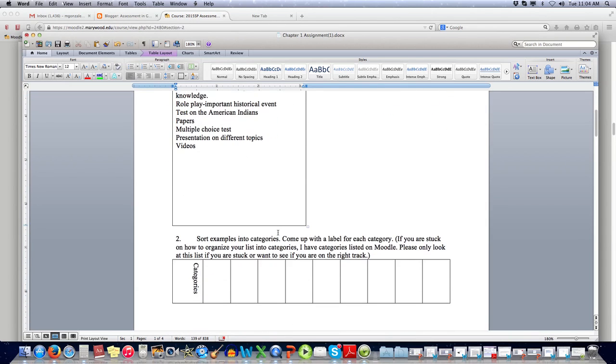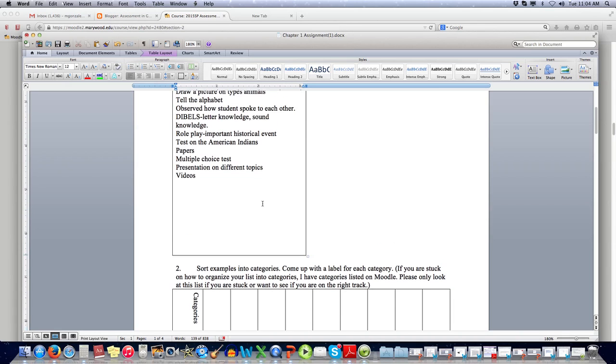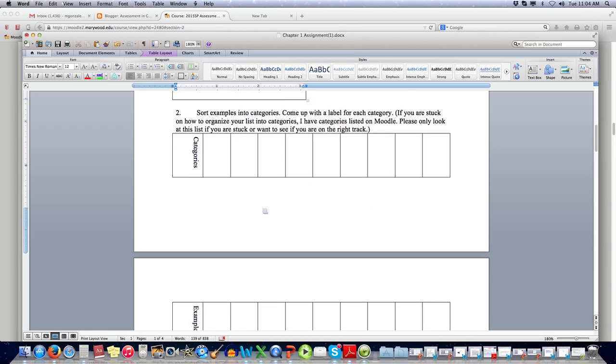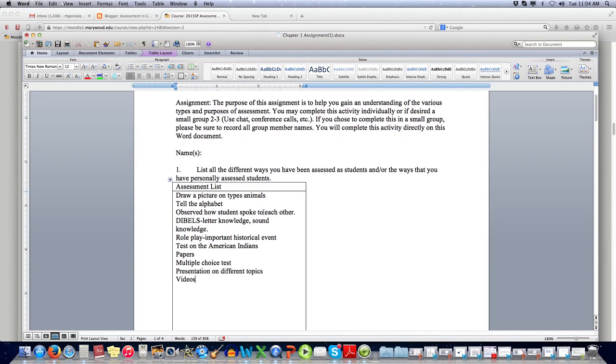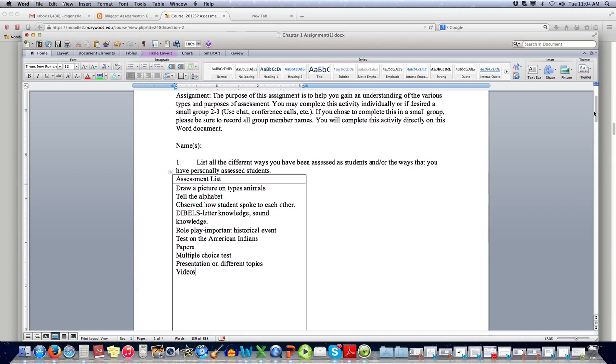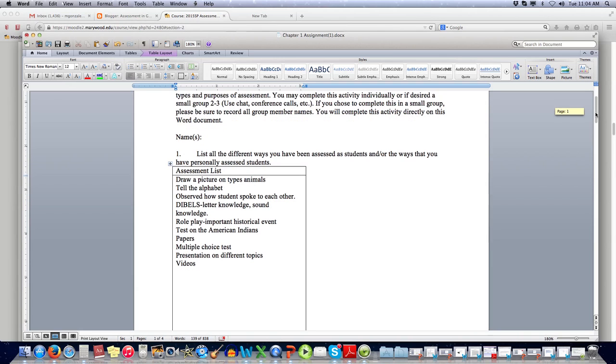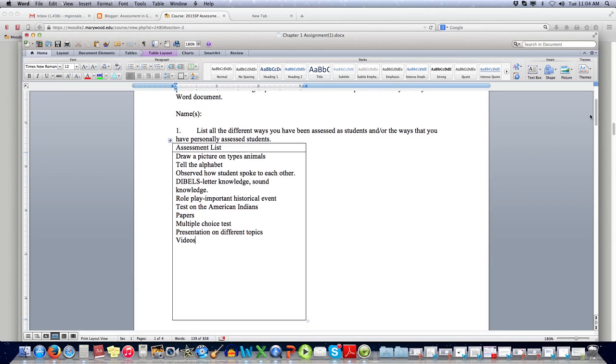Okay, and now we have to organize this list into categories. Okay, and that's why before I wanted you to try and be very specific in this assessment list so that we can come up with broad categories. I want to think of some broad categories. So I'm going to think about this, and I'm going to see if I can come up with some broad categories. I'm thinking of videos, maybe